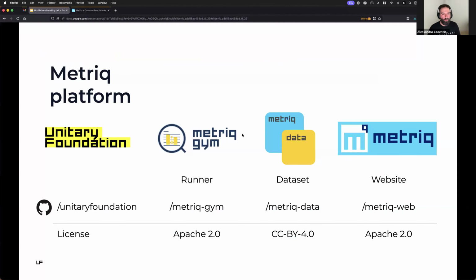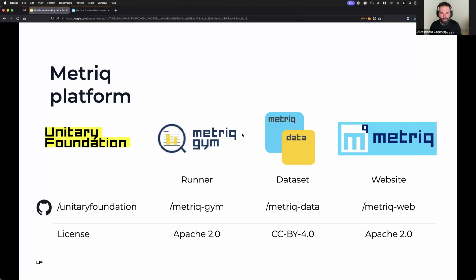So at Unitary Foundation, we are making an attempt at a platform that is open and accessible for benchmarking quantum computers, which we called Metriq with a Q. And it consists of three main components. One is a